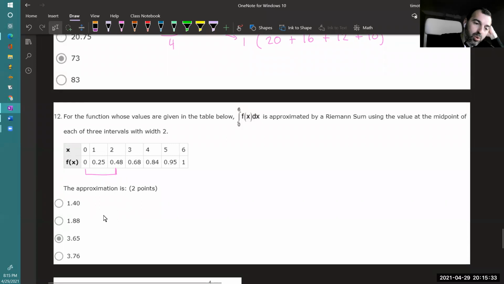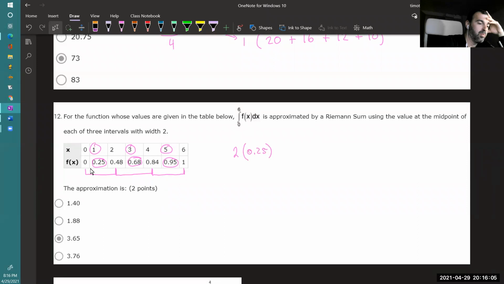Here's one interval, then here's another interval, and then here's another interval. And we're actually going to use the midpoints. So we're going to use the y value for each of these midpoints as the height. But each one of these intervals is 2 units large. So it's 2 times